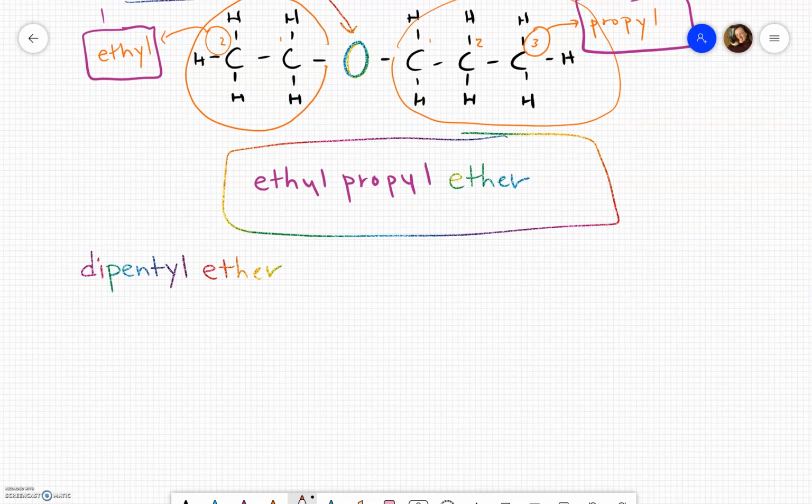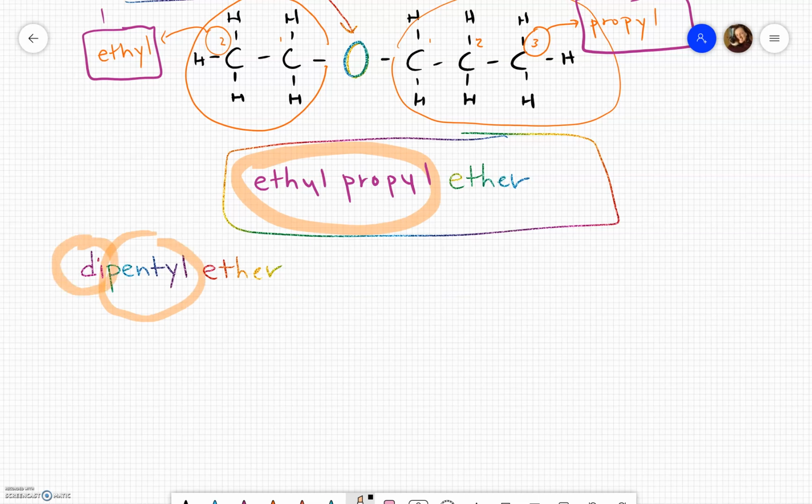So if you notice, this is a little different than the last one. The last one had 2 different parts of the name. This one has just a pentyl with a di. So this is saying that rather than doing a long name where I say pentyl ether, I'm going to have 1 pentyl on one side of the oxygen and 1 pentyl on the other side of the